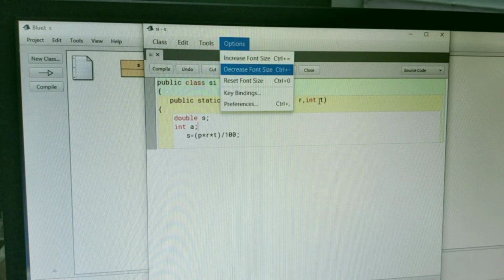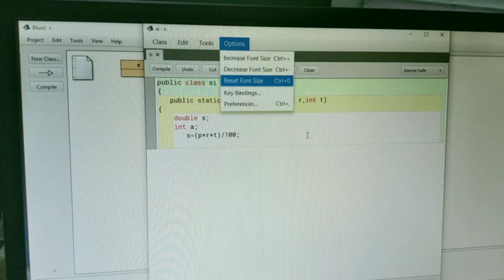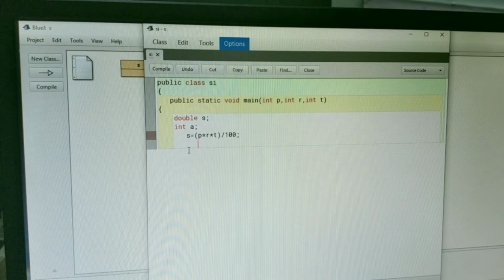Then put the formula after this: A, small a, amount is equal to principal plus S, and a semicolon after each and every statement.